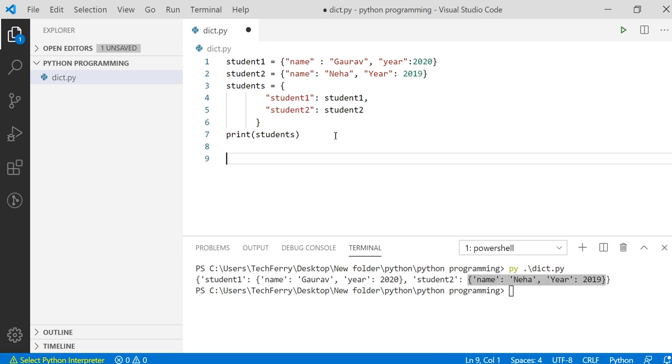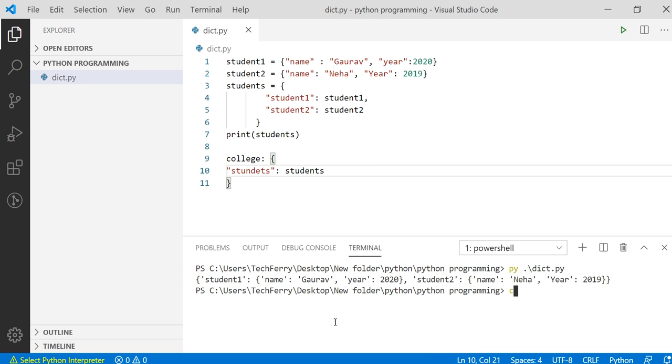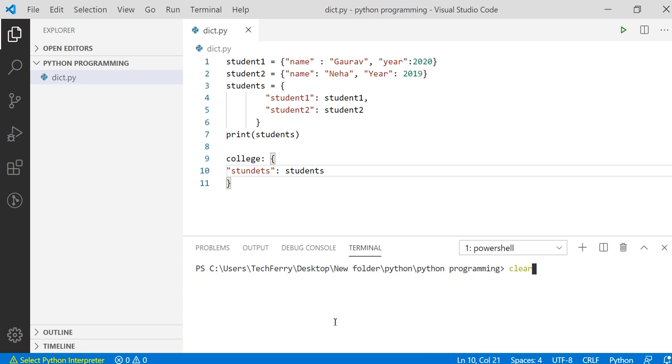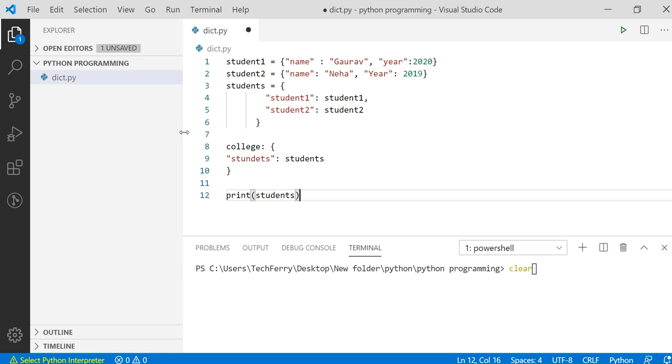Again, if you want, I'll define a college over here, and inside college I will write students as key, and inside students I will define this student dictionary as its value. So if I run it, what we have to run now is college over here.